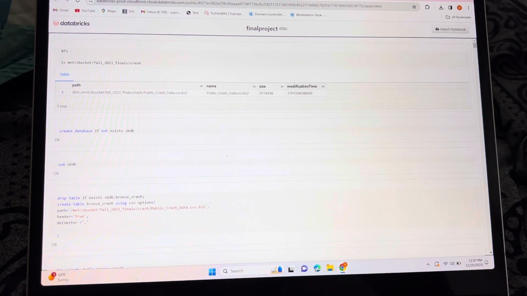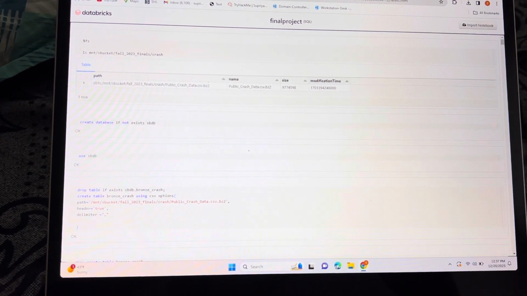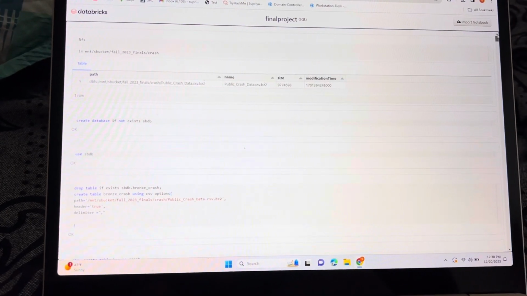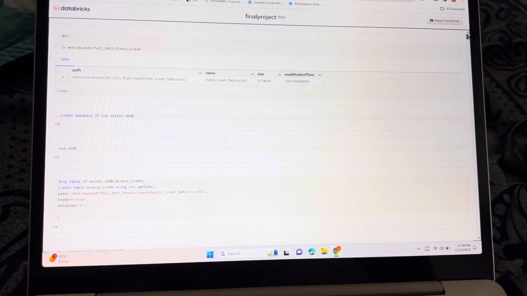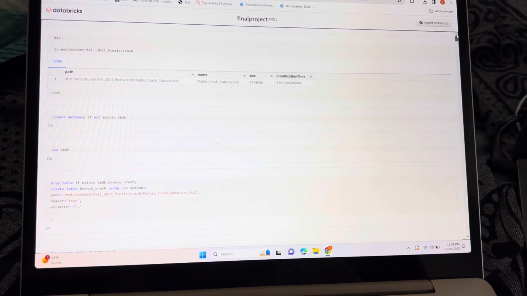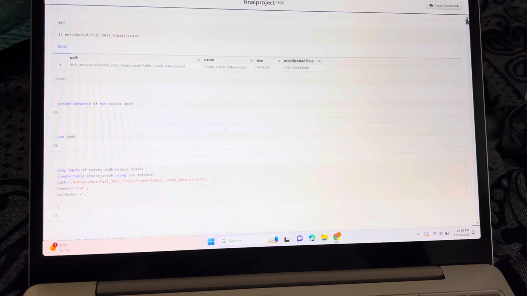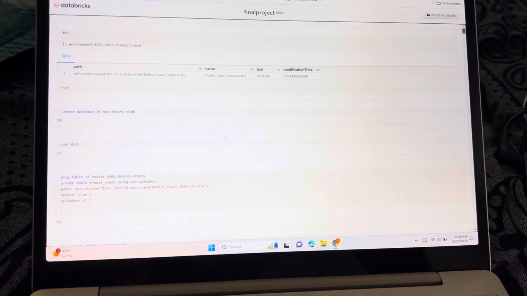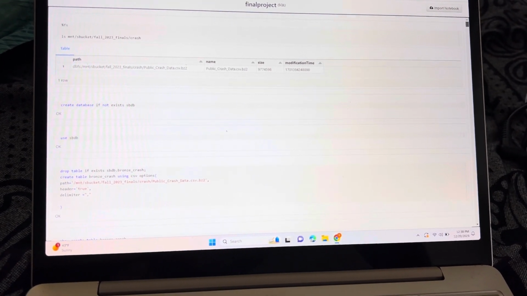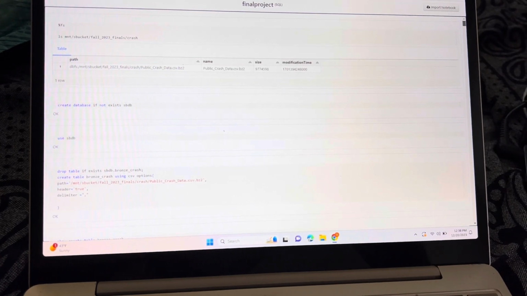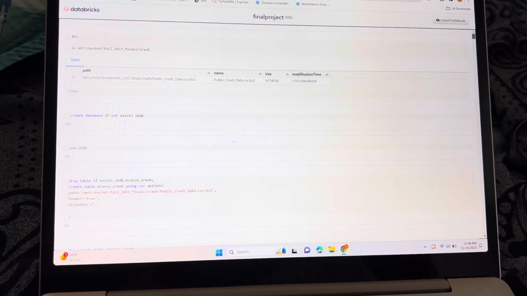Hi, this is Supriya. I would like to explain my project overall view, and my dataset is about the crash dataset. I loaded my dataset from a CSV file and then created a bronze Delta table, changing the type of the columns and the names of the columns. I did data profiling with that, checking and eliminating the null values as well as the zeros by isolating the columns